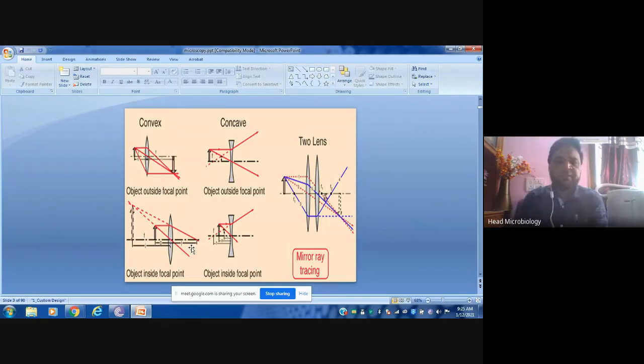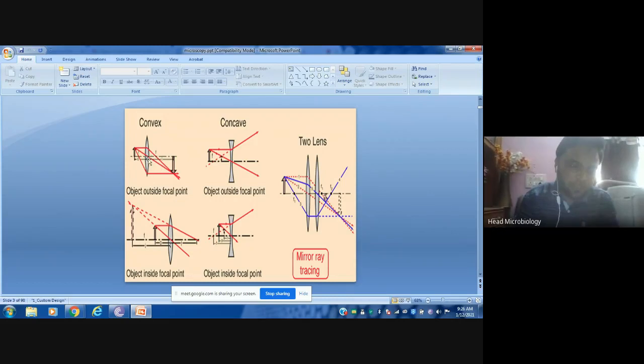And see, in case of concave lenses, whatever magnified image is there will be magnified once again to create a larger image. Okay, anyhow, I will explain regarding the concaves later, because you may be getting confused. So first, let's finish with the convex and two lenses concept. Then we'll go into the compound microscope. Once we finish the compound microscope, we'll think about electron microscopy. So these two things you should be aware of.